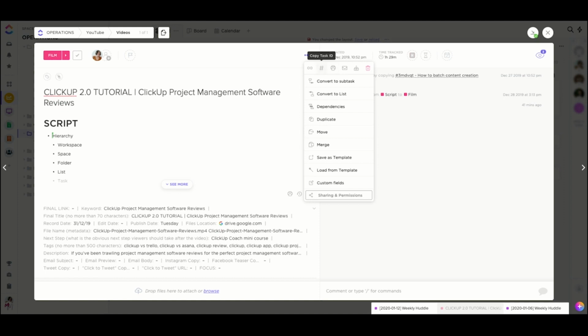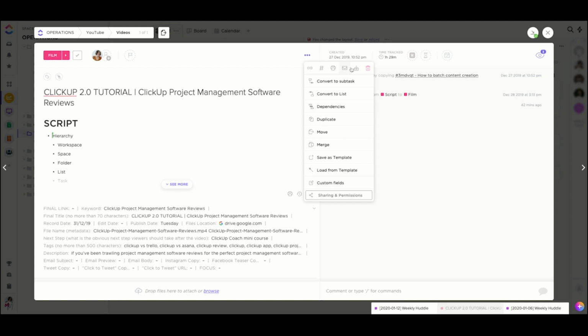Print the task. You can actually set up email instructions for this task. So you could set up a specific email address so that if you don't have access to ClickUp for some reason and you still have access to the internet, which doesn't really make sense to me, but at any rate, you could email that address and it would create a task within this task, or create a subtask. You can archive, you can delete,